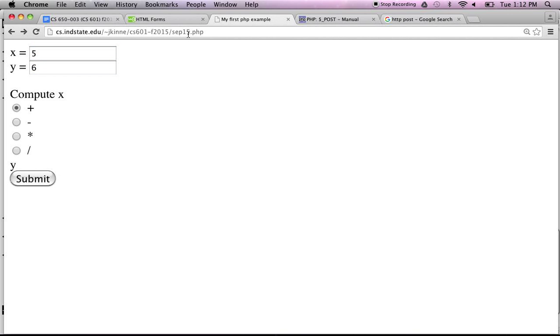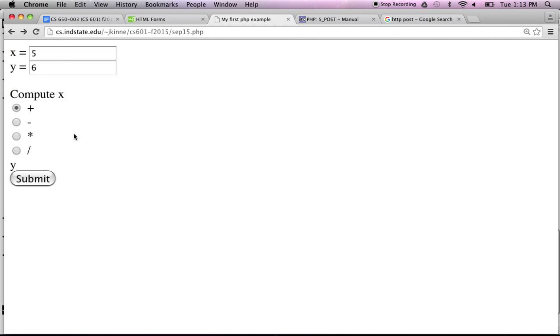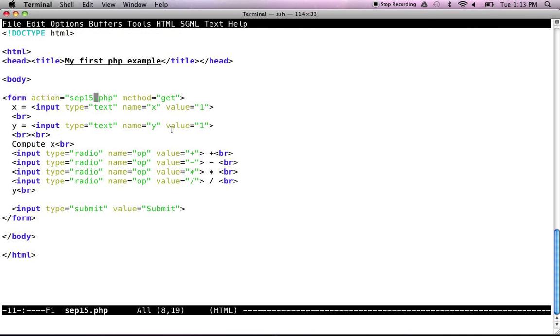It's going to send this page the parameters. Does this page currently do anything with the parameters? No. So it's just going to reload the page. All right. So if we want the same page to process the parameters, then we need to put stuff in there.